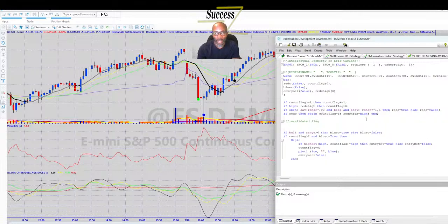We need to say if bear and range greater than range 7, and say body greater than range 7. That means it's more solid than it is wicks. And body is greater than the average range of 7. And